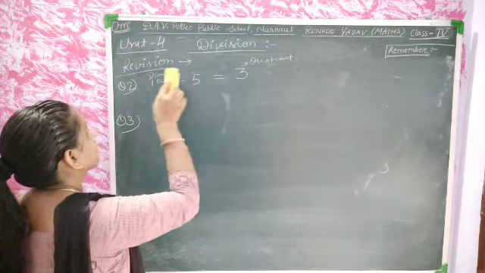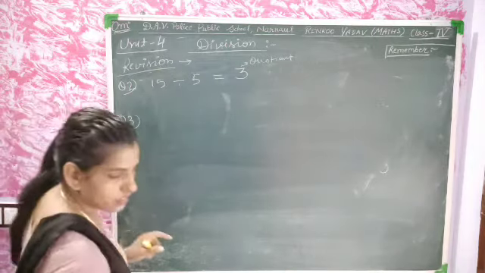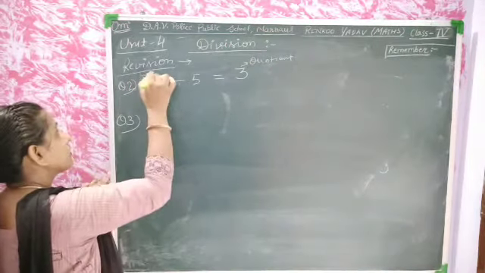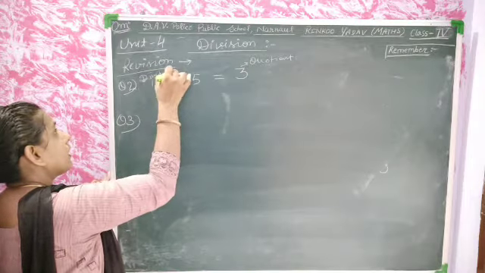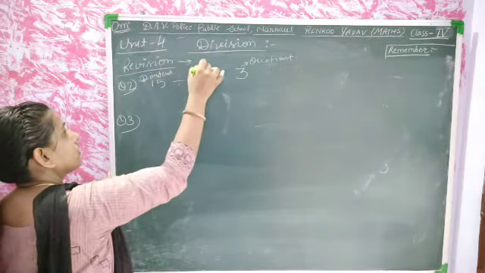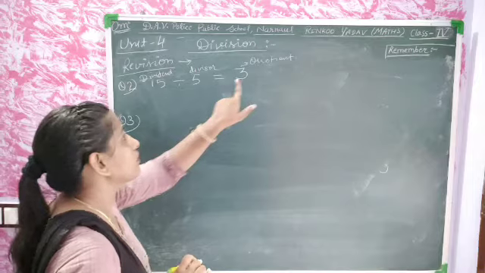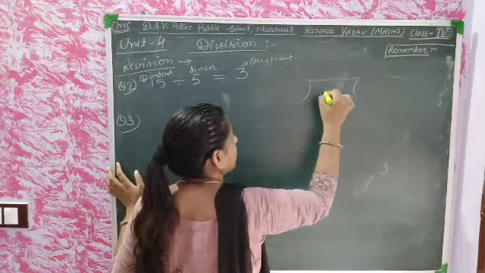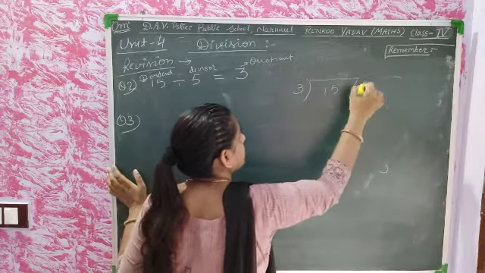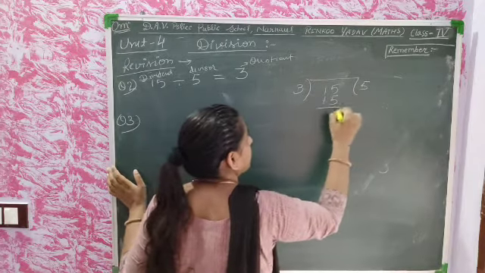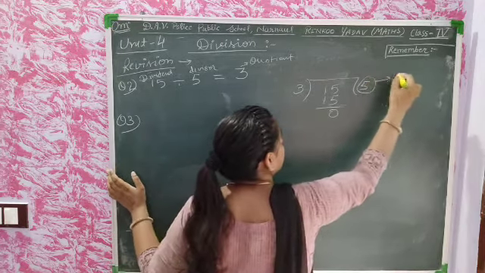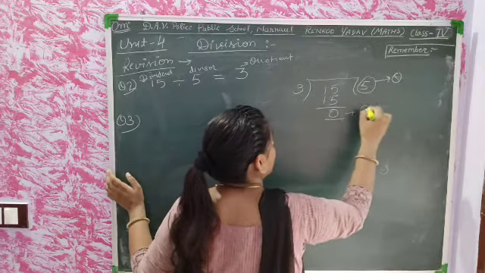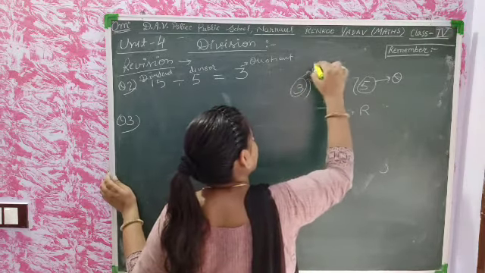Sorry. This is the dividend and this is the divisor. Okay, now students, this is the dividend and this is the divisor. It's 15 here, divided by 3. 3 5s are 15, and it will become the quotient here, and this will become the remainder, and this is the divisor.